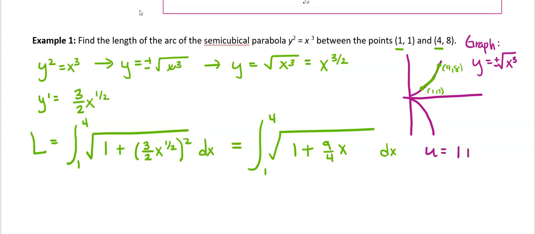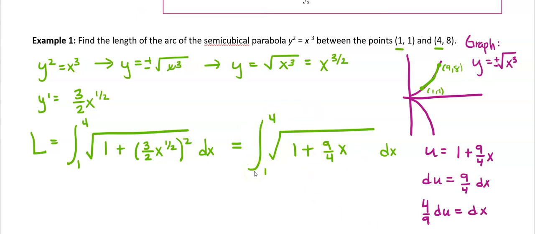So the u is going to be the inside, and du in this case is going to be 9/4 dx, and that means we're going to have 4/9 du once we solve for our dx,